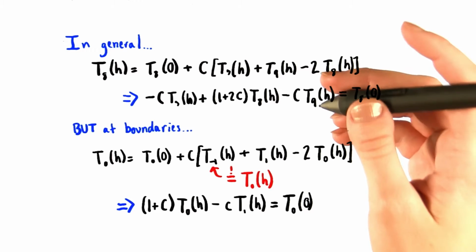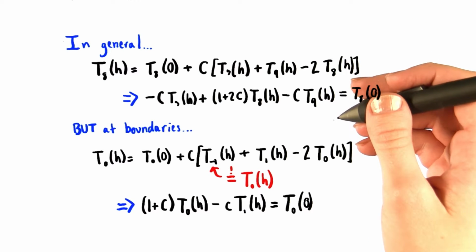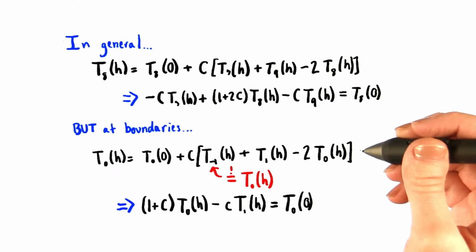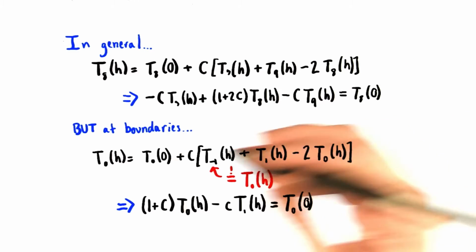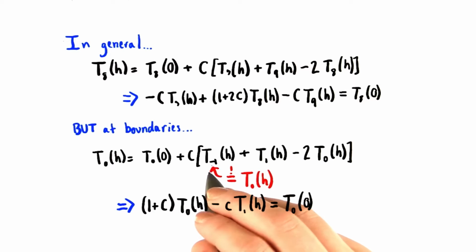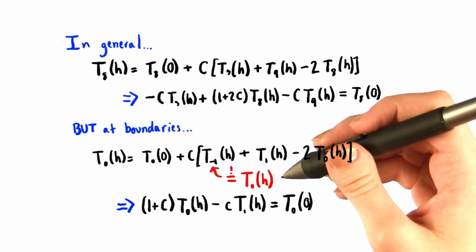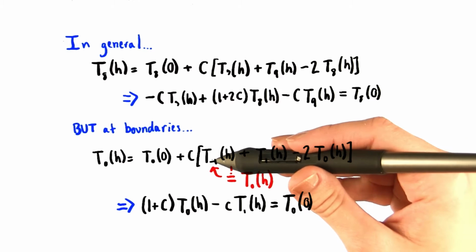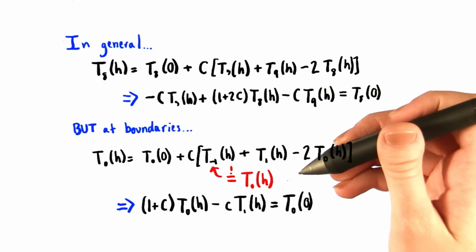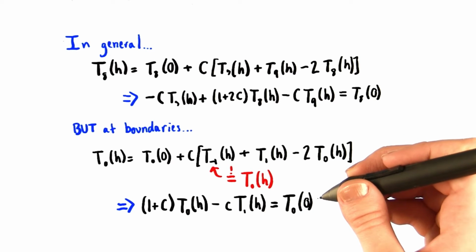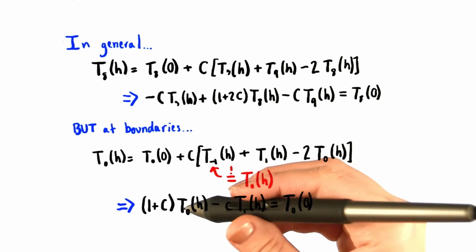I told you these were going to be a little bit tricky, so let's talk about how to deal with them right now. If we take this equation right here, but instead plug in the correct values for t0, we see something interesting. There's a dependence on t negative 1. Now we defined our boundary conditions earlier so that t negative 1 was going to equal t0 for any time. Once we plug this in, we're actually going to get a pretty simple equation, something that only depends on t0